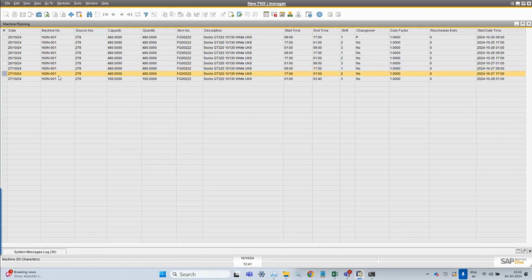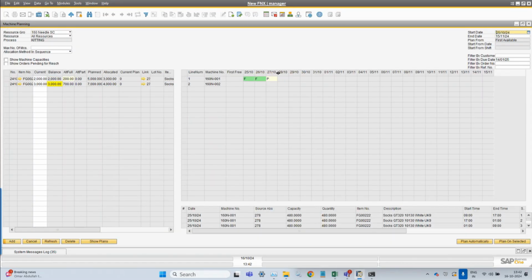Then in the next shift also, this is getting utilized fully. And in this particular shift, it will end at 3:40 p.m. Only 160 pieces, or 160 pairs, are going to be produced of this particular sauces. This way you can generate planning, and when you add this planning,